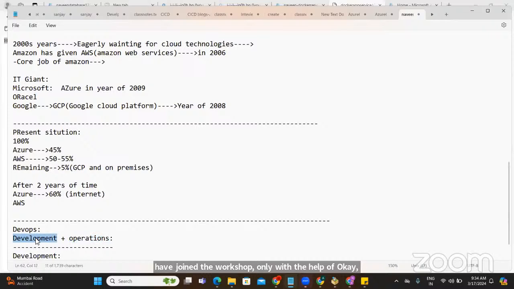And as for me, Naveen is playing a role of development. Why? Because training and development is done by Naveen. Operations, maintaining your attendance, administration, the Zoom link, providing the videos to you, everything is taken care of by Naresh IT. So you treat me as your developer and operations as Naresh IT.